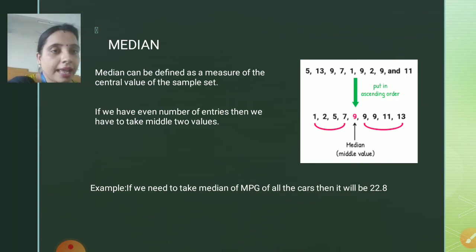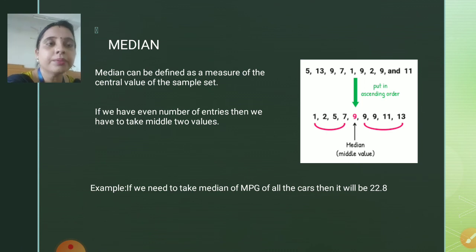For calculating the median, I need to find the middle term, and for that I need to eliminate the same number of terms from the left and right side. So I eliminated 4 numbers from the left side and 4 numbers from the right side. 1, 2, 5, 7 are the 4 numbers on my left, and 9, 9, 11, 13 are the numbers on my right. Thus I am getting the center number as 9. So in this case, the median will be 9, since my center number is 9.